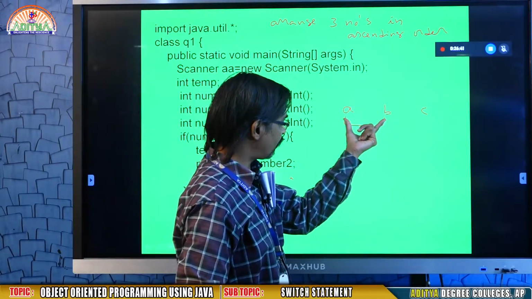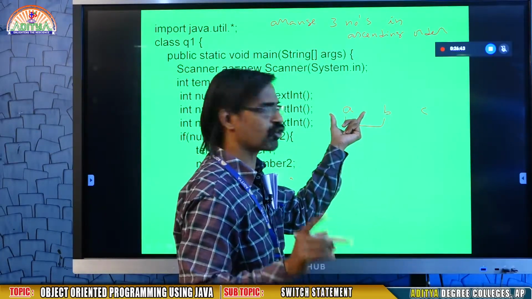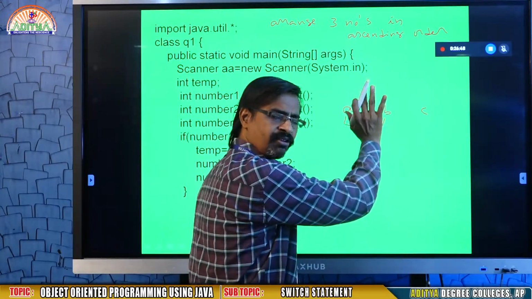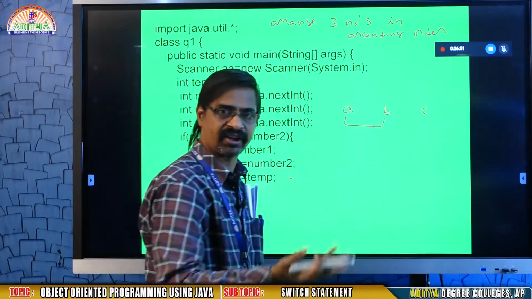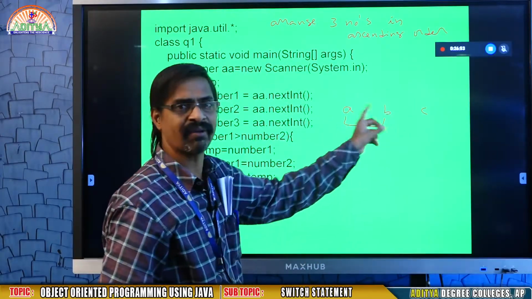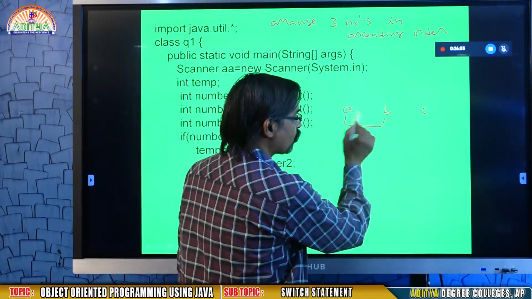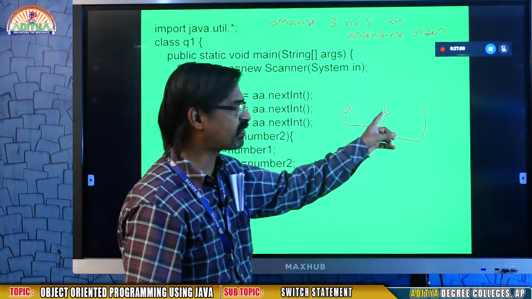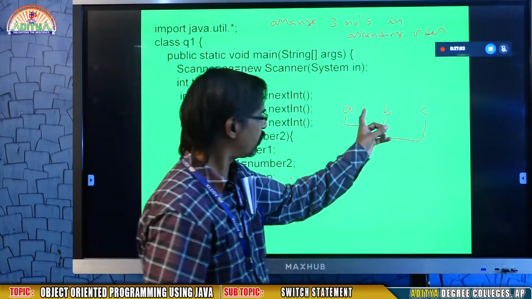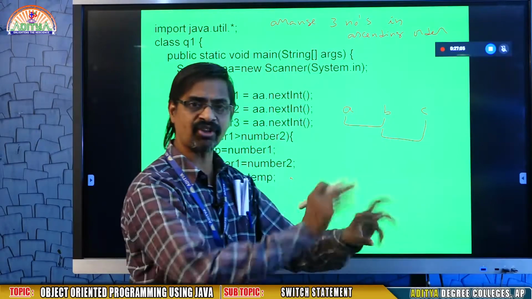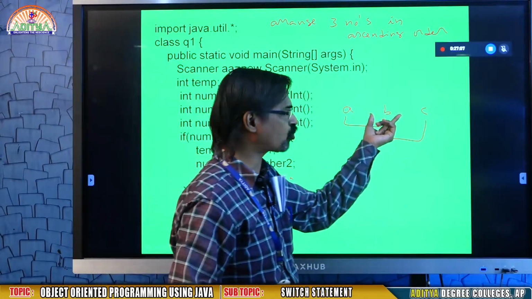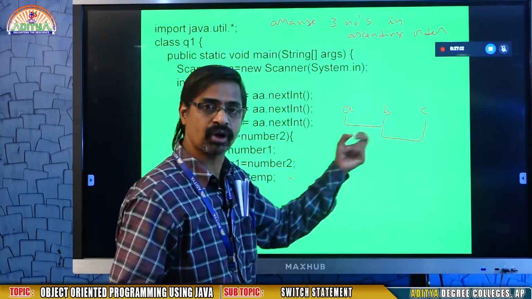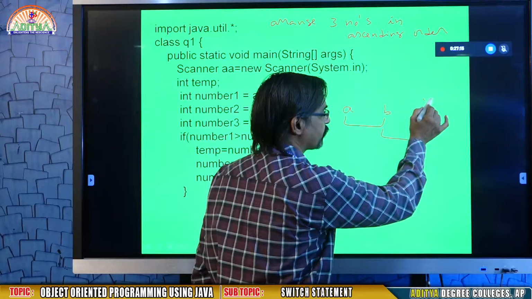That means when comparing 2 values, the small value goes in the first position. When you compare A and B, if A is small, leave it there and B stays in the same place. In case A is greater, then interchange the values, so among the 2, the big value comes into B. Now compare B and C. If B is greater, put B's value into C and the C value into B, that is swapping. If B is already small, don't interchange. After these 2 comparisons, you get a big value into C.